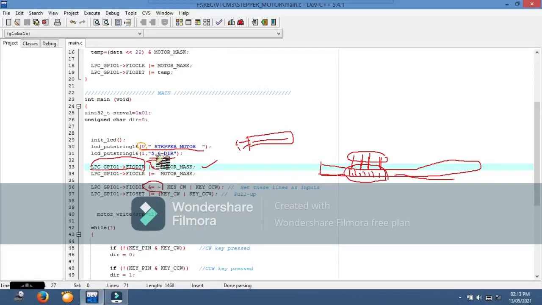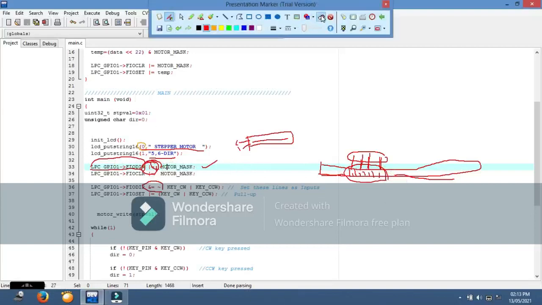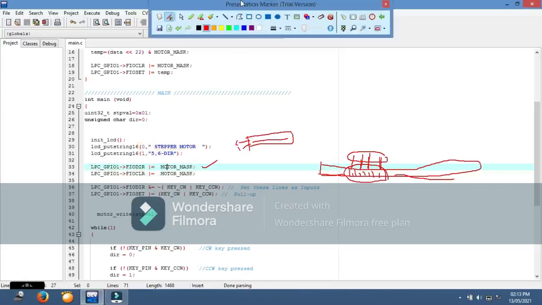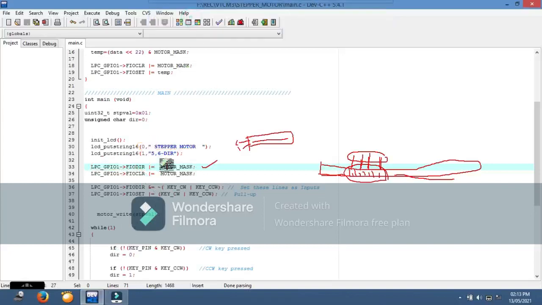So this will set to input port, sorry, this will set to output port, not input port. Okay, this will set to an input port. Wherever the 1 it will find in this register, that will be set to an input port if you give OR here. Understood? If you give OR equal to here.